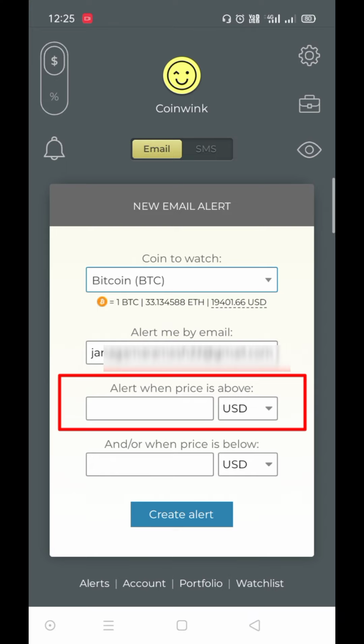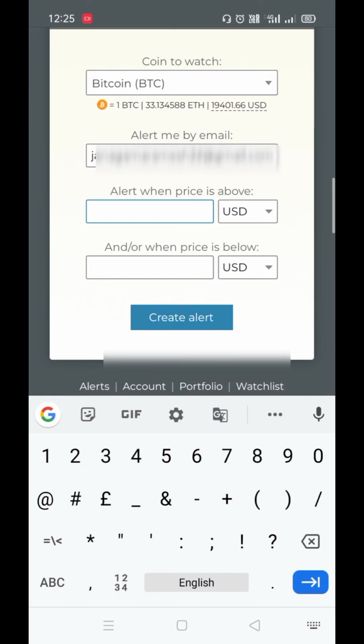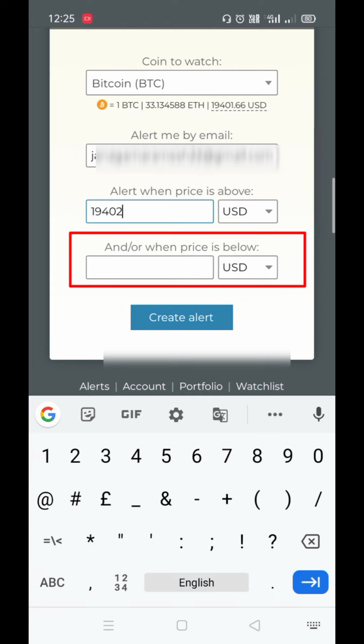Now enter here your price where you want to get notification above the present price. Now I enter 19,402. Okay, now enter your price here